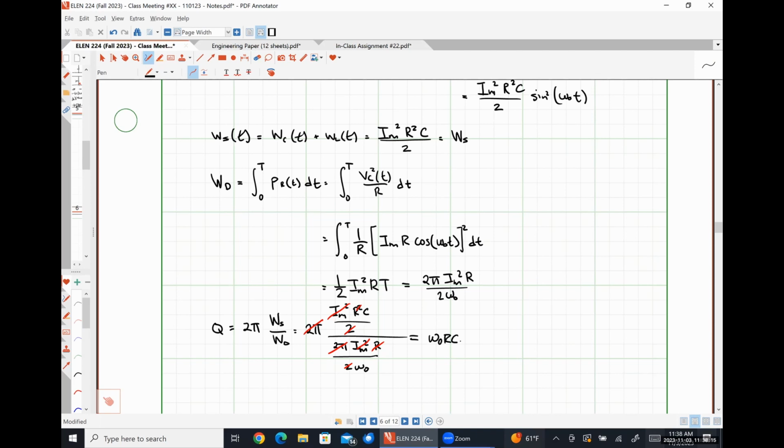And we could mathematically manipulate this to find that we could express our quality factor as R times the square root of C over L. Once again, the reciprocal of one of our representations for Q for a series RLC circuit, and also R over omega naught L, again the reciprocal of what we saw for a series RLC circuit. So these are our 3 different forms of Q for a parallel RLC circuit. They are all identical, so we just use whichever one makes the most sense for what information we have.